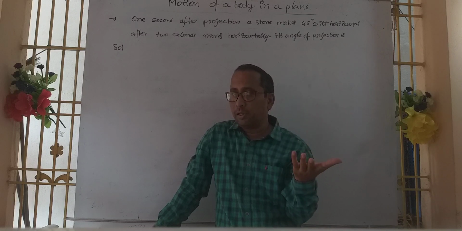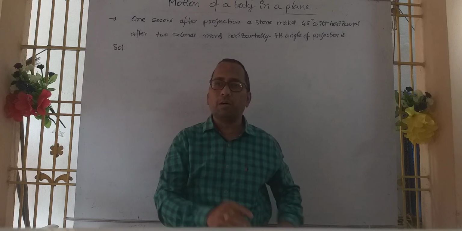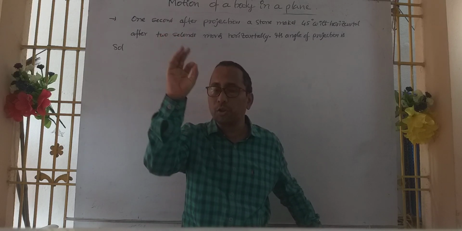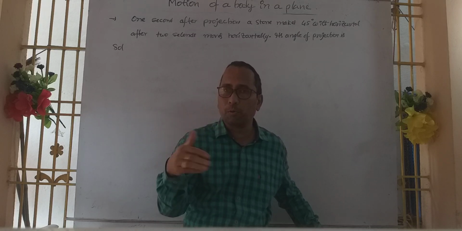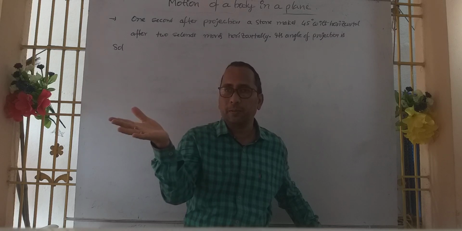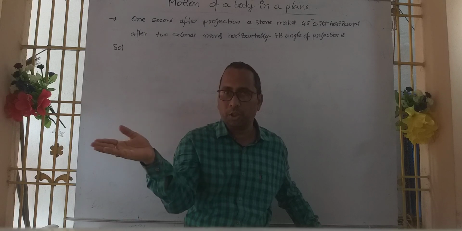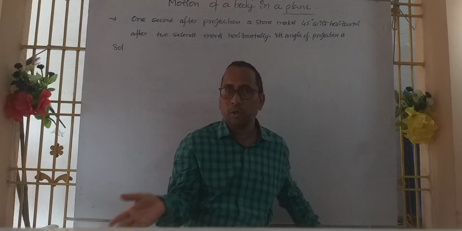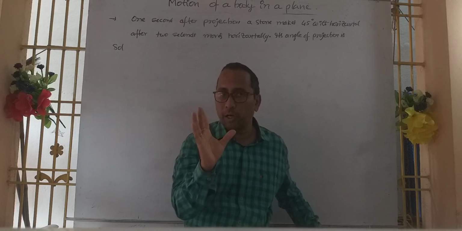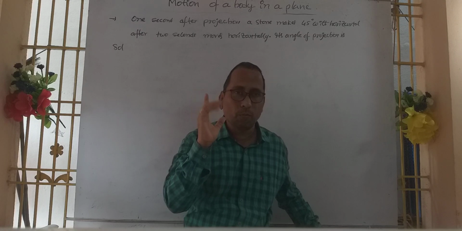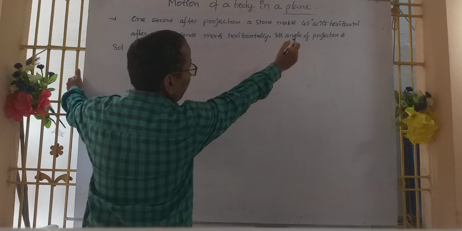After 1 second, it is not theta, it is alpha. But what is the main difference between theta and alpha? Theta is the angle of projection, the starting angle. Alpha is nothing but the variable angle. After projection, the angle will vary. Suppose a body is projected with a 60 degrees angle, gradually the angle may change to 40, 30 like this. So here he is mentioning the alpha value, so we have to write down the formula related to alpha, as I told already. One second after projection, a stone makes an angle of 45.